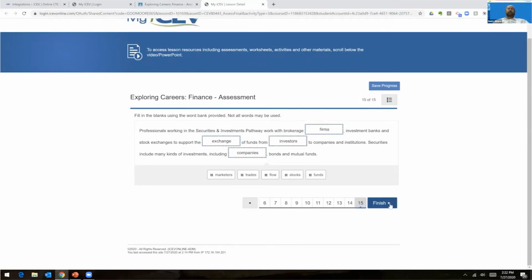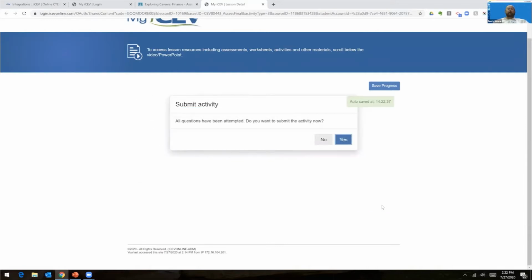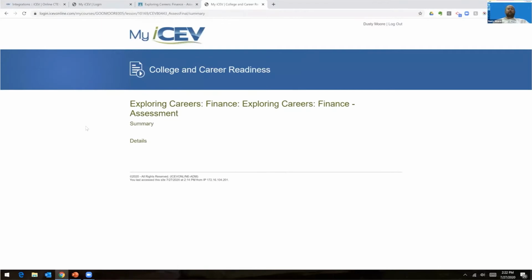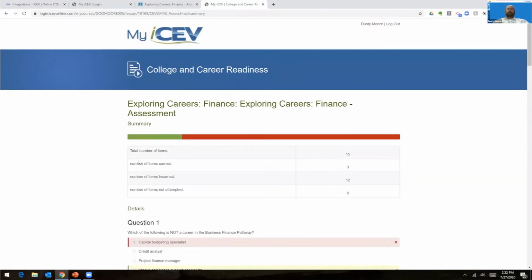All right, now that I've got this assignment completed, I'm going to go ahead and click Finish. It's going to ask me if I want to submit this. I say yes. And then afterwards, it's going to provide me my results. So I got 3 out of 15 items correct. Let's look at how that grade transfers over on the teacher side to both Google Classroom as well as the